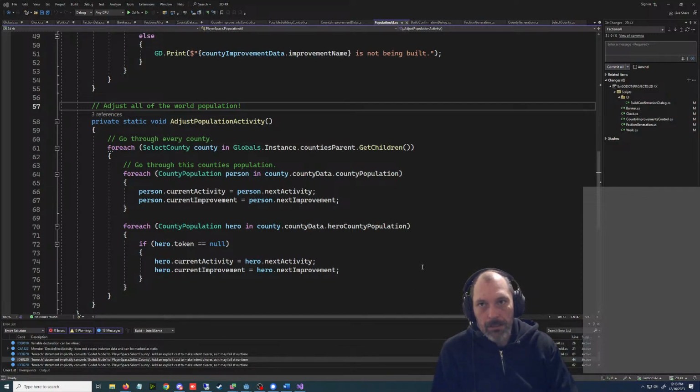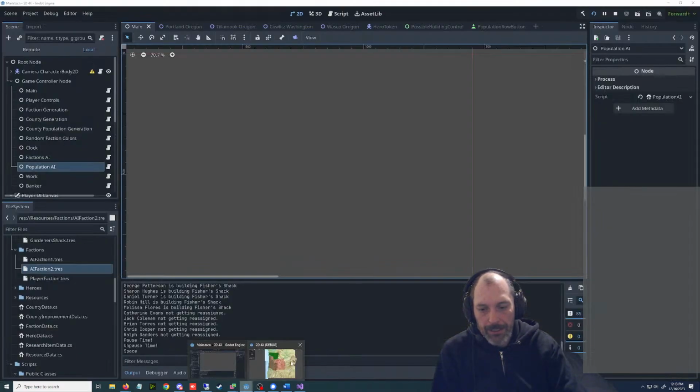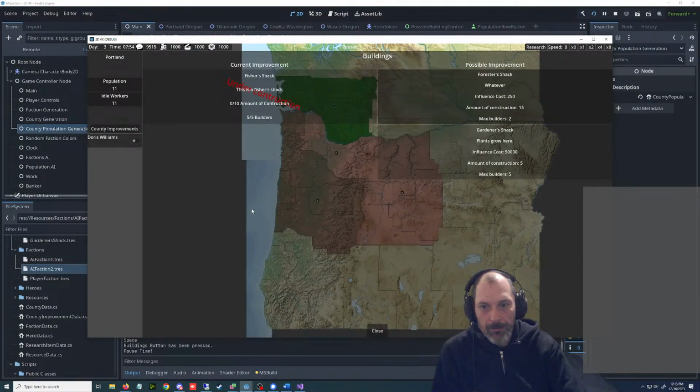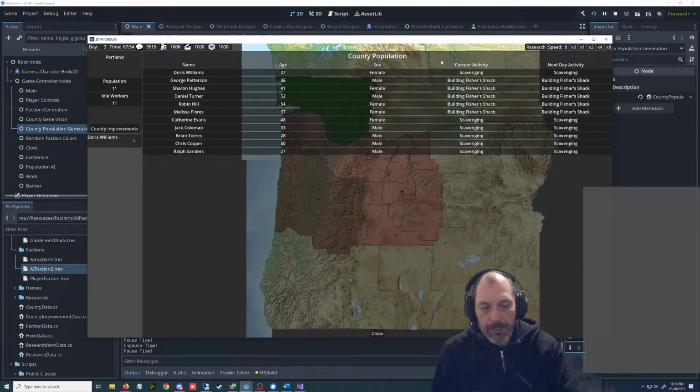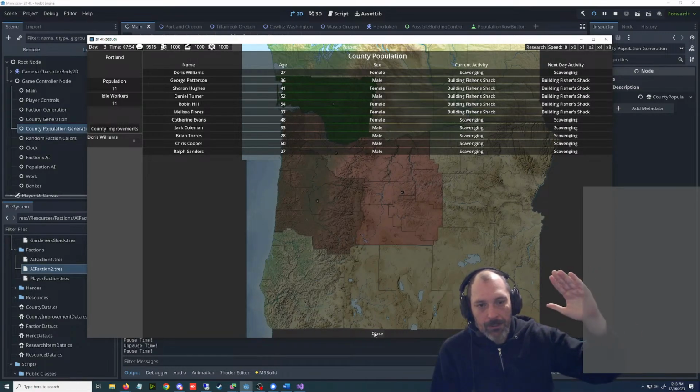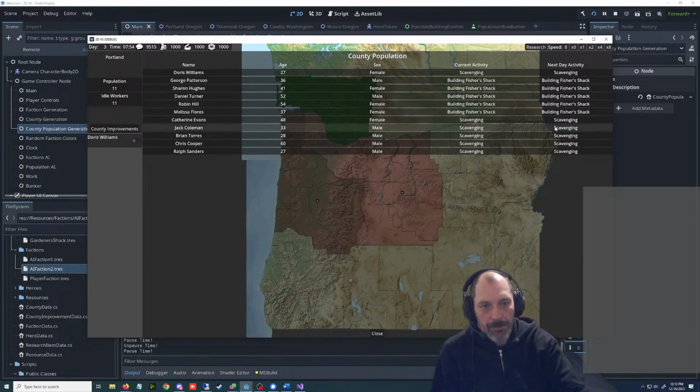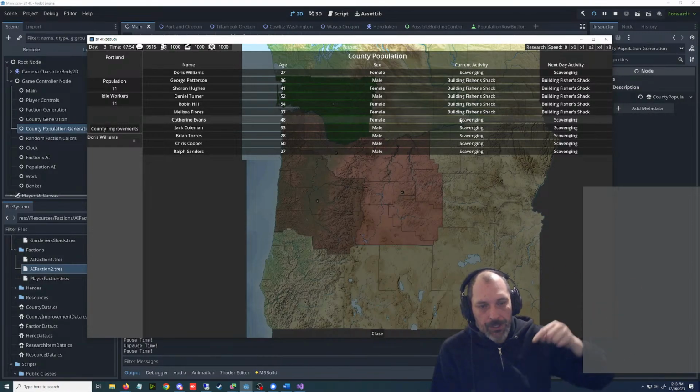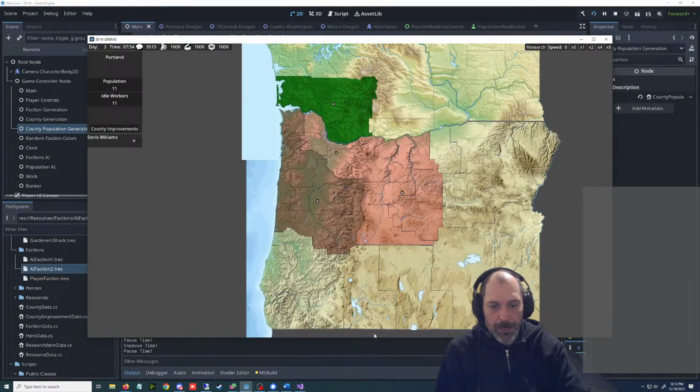In the morning of, let's go back to this. Do we have a county improvement? We have one. And these guys are set. So at midnight, it's 0 basically. It's going to say that day's activity is the Fisher's Shack, and then the next day is the Fisher's Shack, and then the next day in the morning. So then it goes through that day. Let's stop this and go back to the beginning.